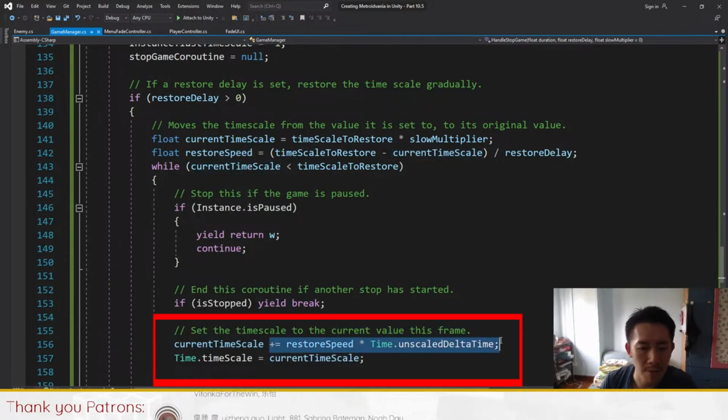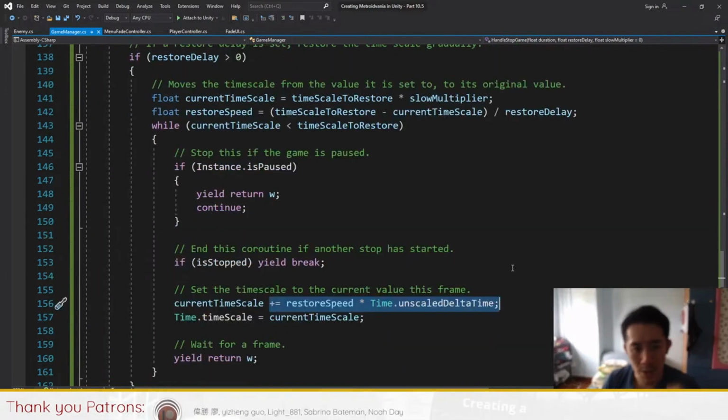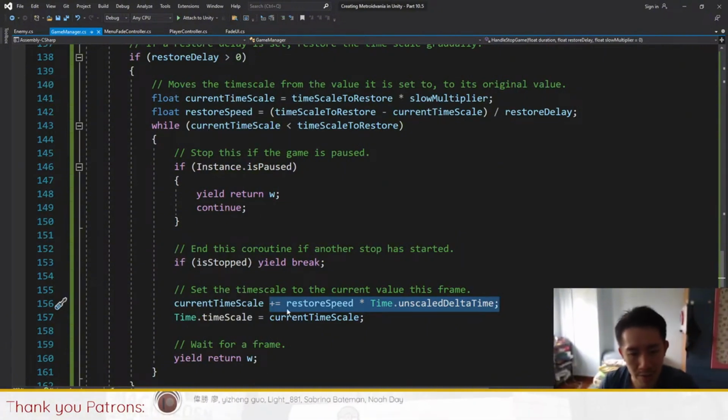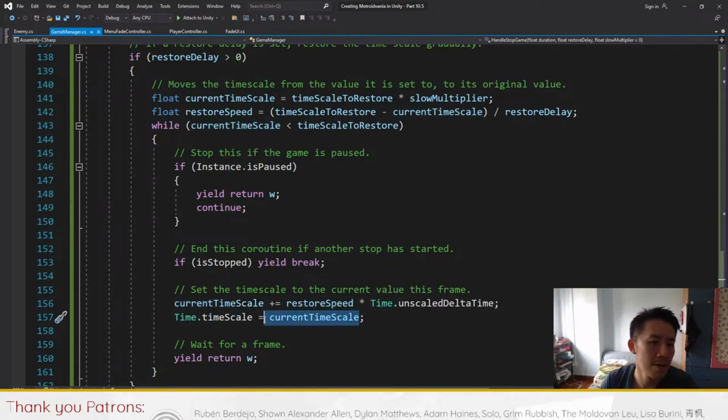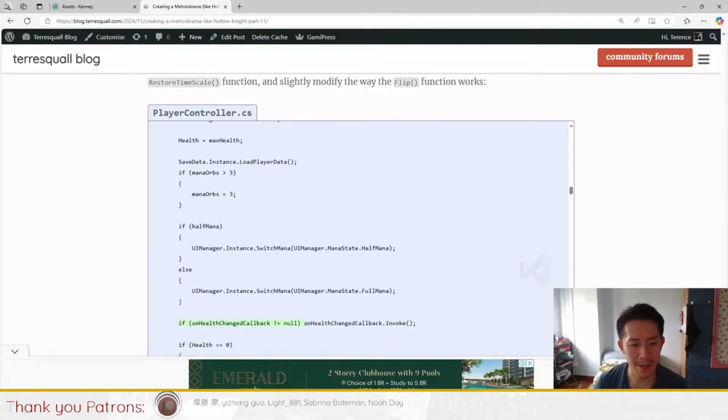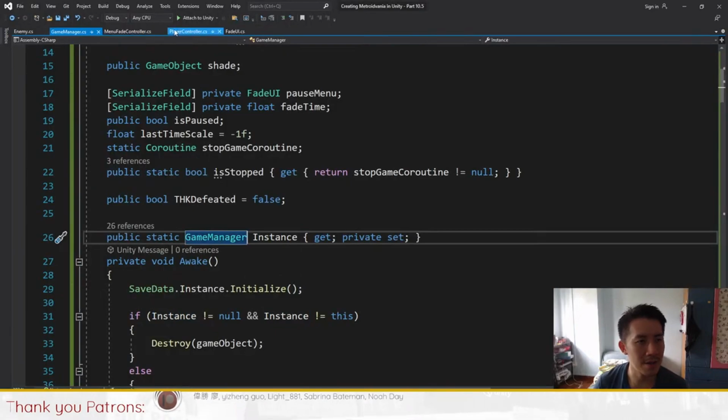So once this is done and everything is calculated, we will just start adding a little bit of time scale to the time scale variable every frame. Okay, we add it to the current time scale first and then we set the time scale to be equal to current time scale. Okay, number one is before we update the rest of the stuff here under PlayerController,